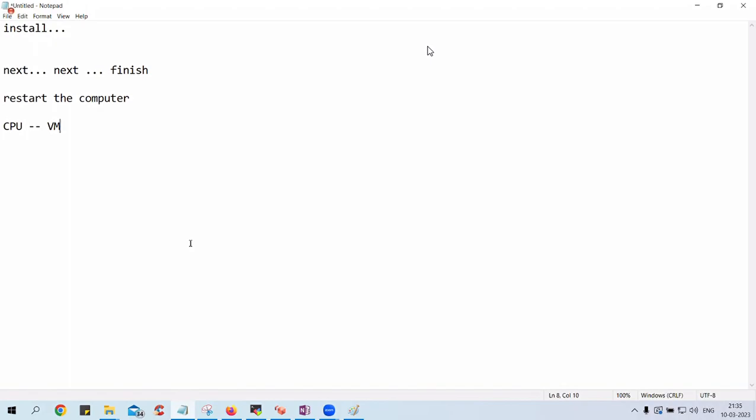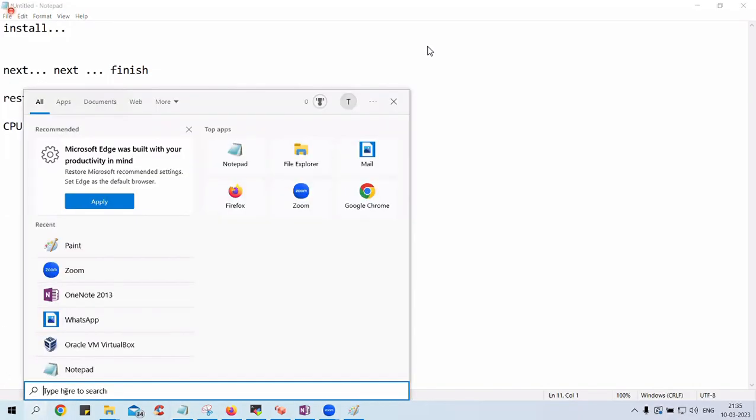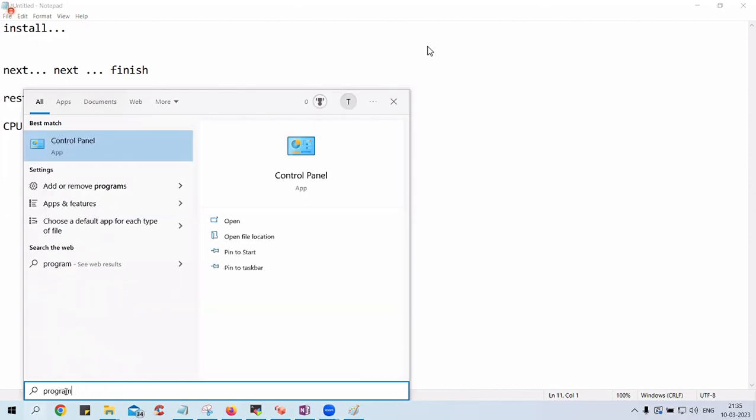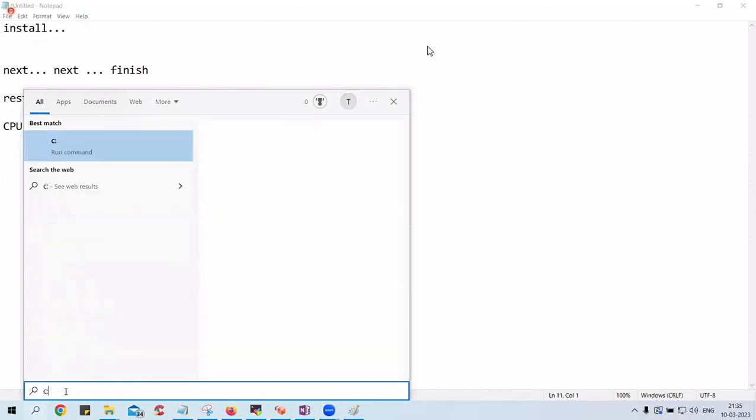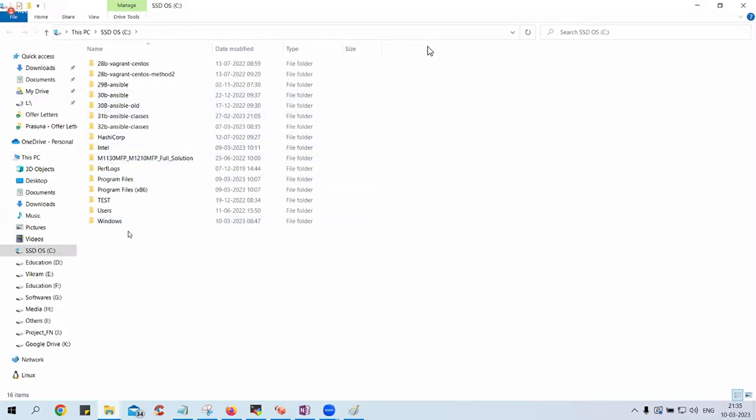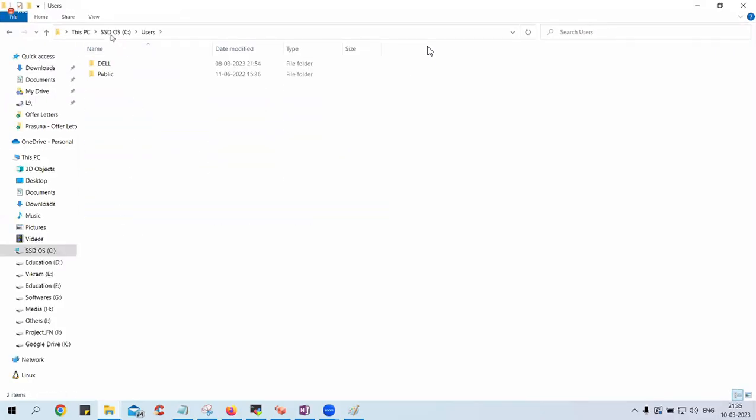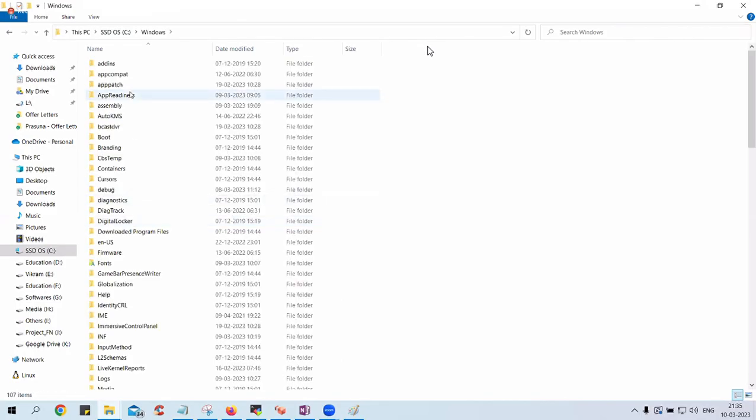Then, once the machine is up, I recommend you go to Program Files and check. First of all, open your C drive and check whether it's there or gone. So go to Windows.